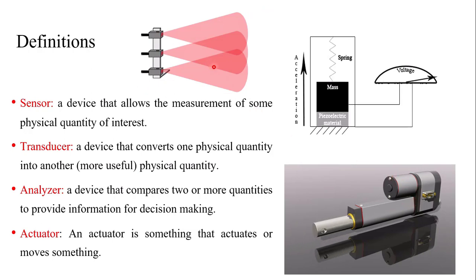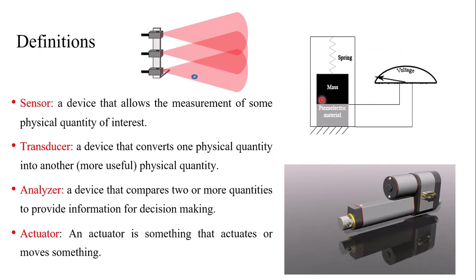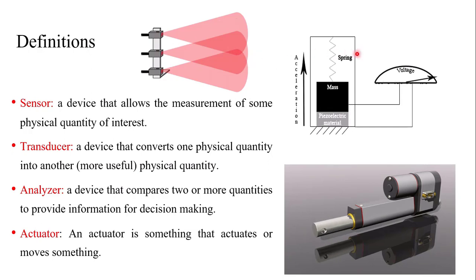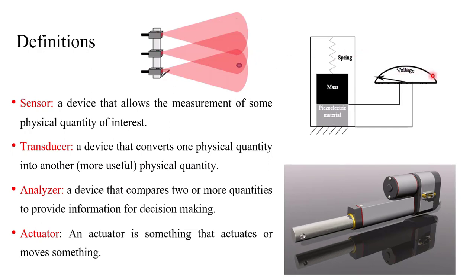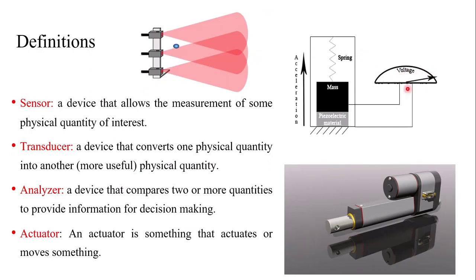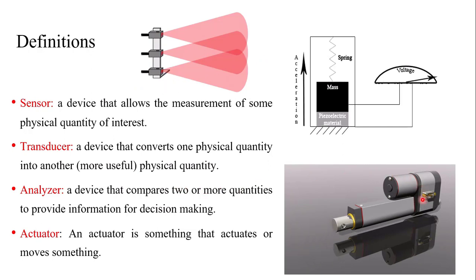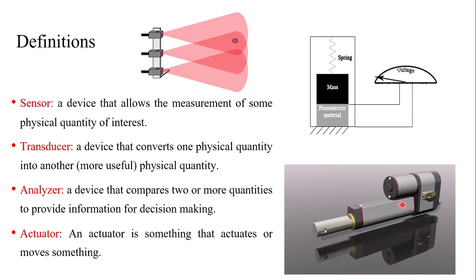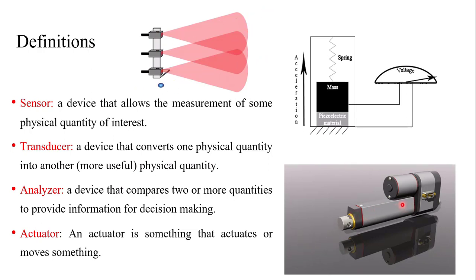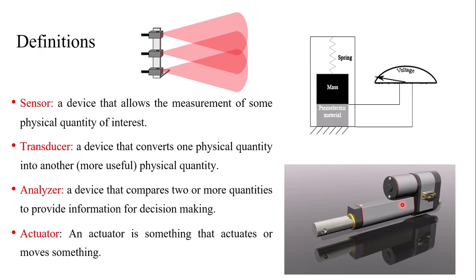See, the sensor senses. Then the transducer converts the sensed quantity into a voltage, an electrical signal. Then the electrical signal is compared by the analyzer. The analyzer then sends the signal to the actuator on what to do next, either to run the spindle faster or slower. So the actuator will run accordingly. The actuator can change the position and move the tool accordingly. Fine. So these are the basic differences between all four quantities.